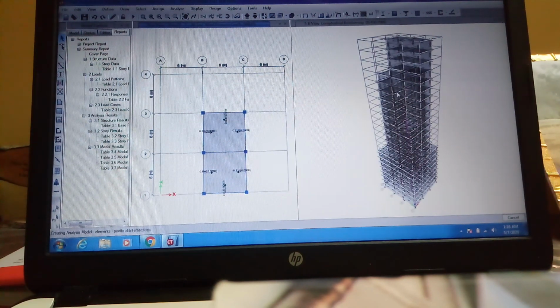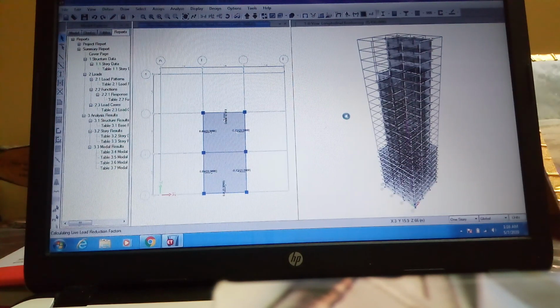See this. Work is going on, it is analyzing it. After analyzing, it will give us the detail of every corner, every joint of this building. We just have to put a cursor over there and detail will be automatically given to us.